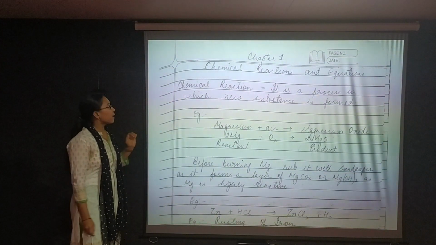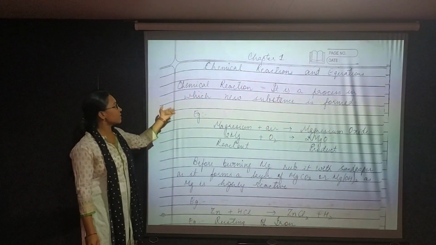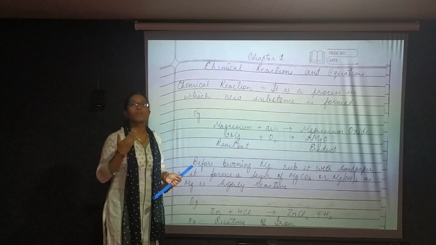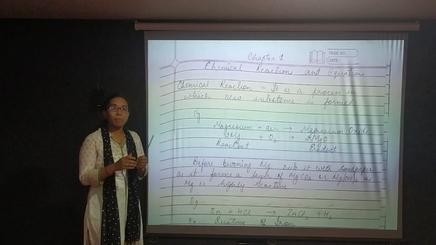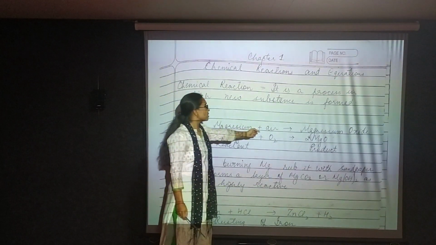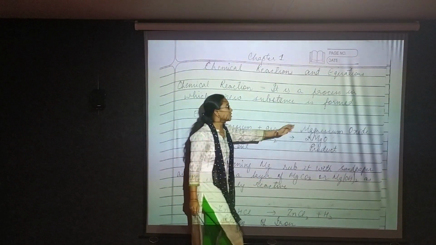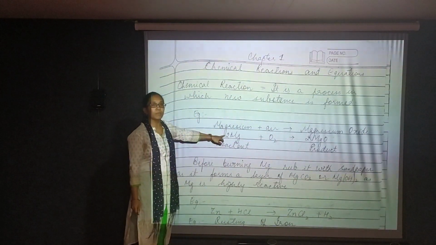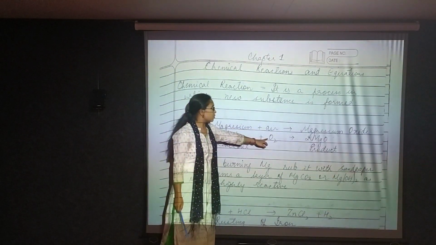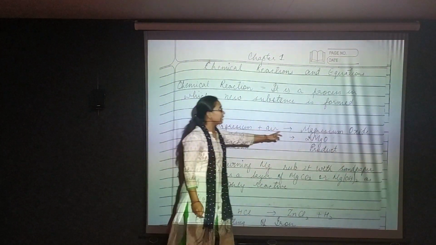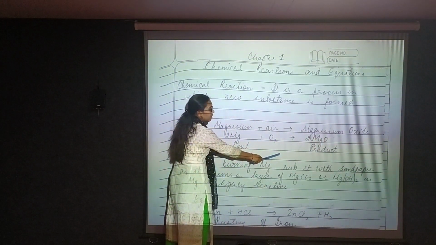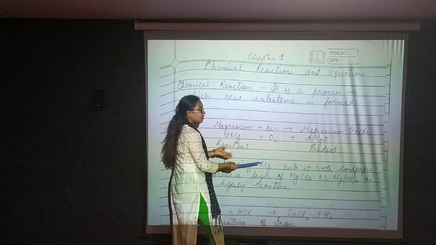Now starting with this chapter, first, what is a chemical reaction? It is a process in which a new substance is formed. Example: suppose you are taking magnesium and you are burning it in presence of oxygen, you will get magnesium oxide. I have also written it in symbolic form. Magnesium symbol is Mg, air, that is oxygen, O2. When you combine these two, you will get MgO. This portion is the reactant, and whatever result you are getting,